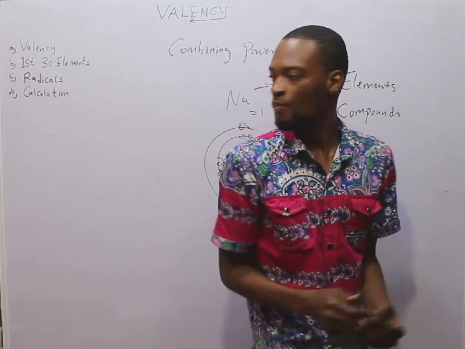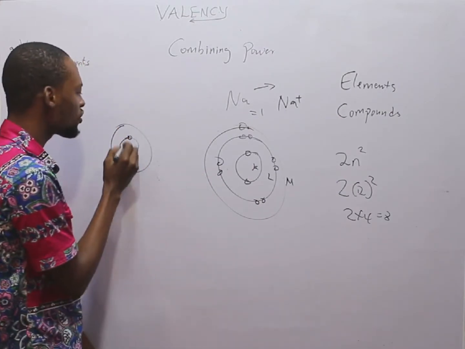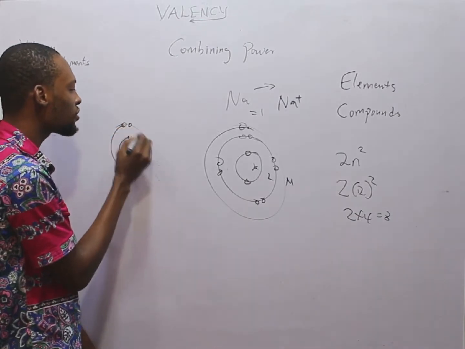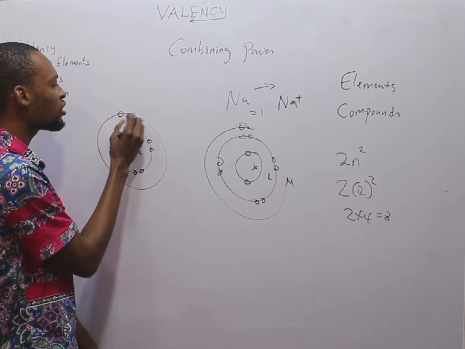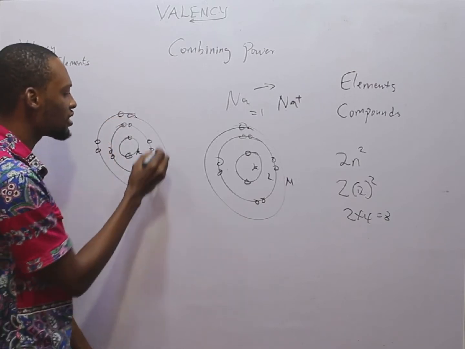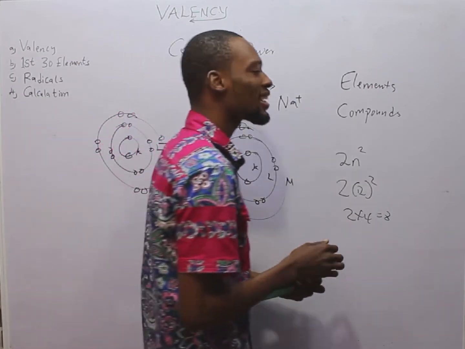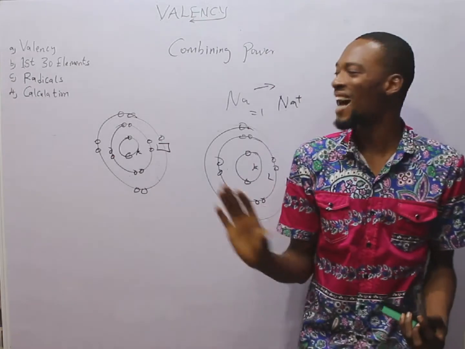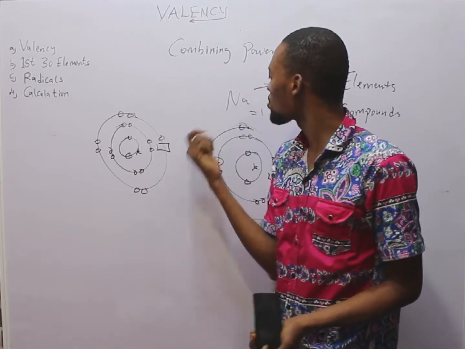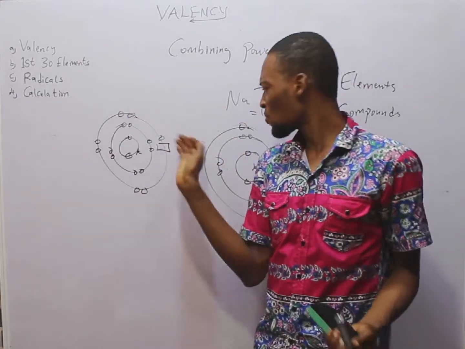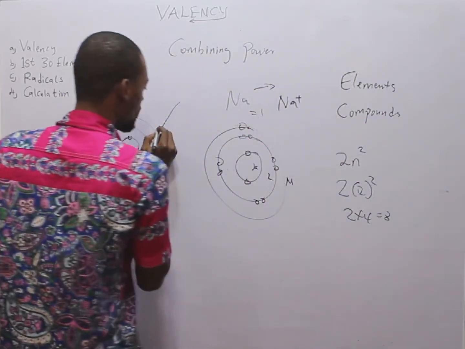How about chlorine? Chlorine has atomic number 17, which means 2 fills up the K shell, 8 fills up here to give you 10. Then here you have 1, 2, 3, 4, 5, 6, 7, meaning it is remaining 1 to complete. Chlorine cannot give out electrons because it is hard to give out 7 when you need just 1. It is easier to meet sodium, which can readily give out 1 electron. So chlorine will accept, sodium will give.